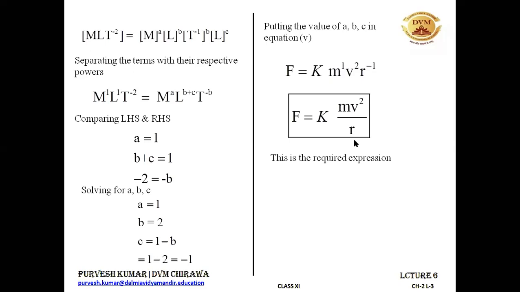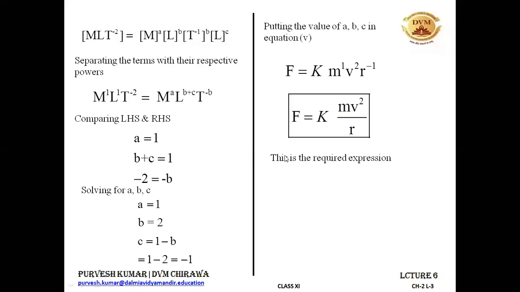So now we know how this force is dependent on the three factors: mass, velocity, and radius. So it is directly proportional to the mass, directly proportional to the square of the velocity, and inversely proportional to the radius of the path along which the particle is moving. All right. So I hope that it is clear. If you are having some problem, I'm stopping for a while, and then you will be able to put up your questions and I'll be answering them.